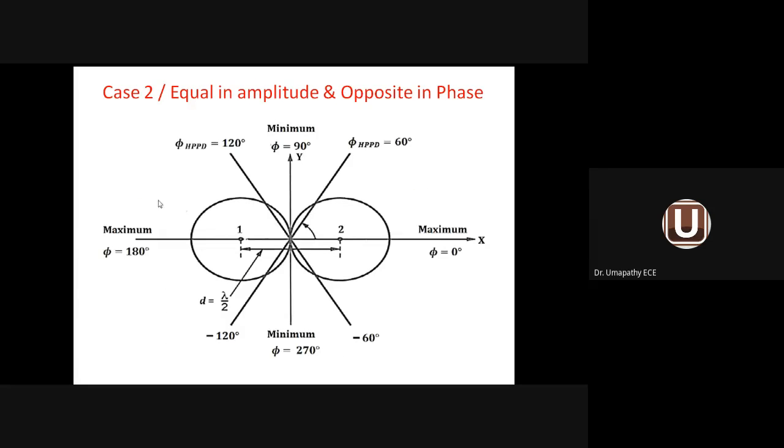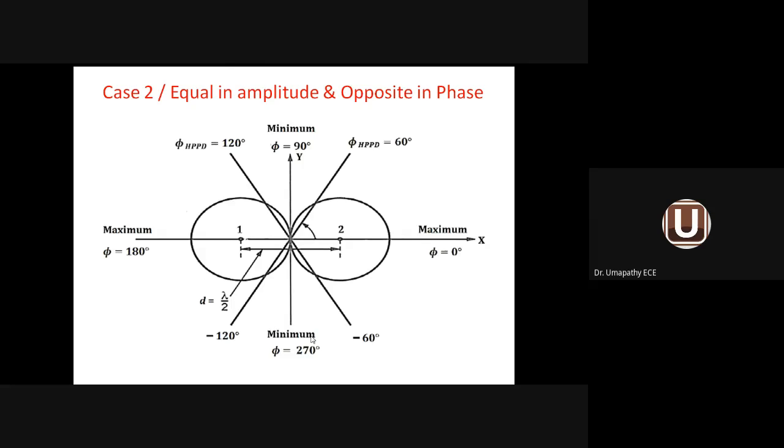This one is the radiation pattern for n-fire array. The same figure of 8 pattern we come across here, but in the horizontal manner. You can see the maxima comes at 0 and 180, whereas in broadside array it is 90 and 270. Minima are at 90 and 270. So maximum points and minimum points are exchanged between broadside array and n-fire array. So I can tell 3 differences between broadside array and n-fire array.